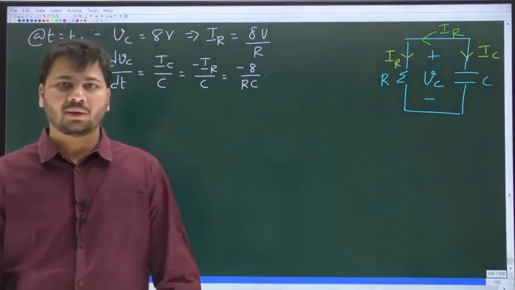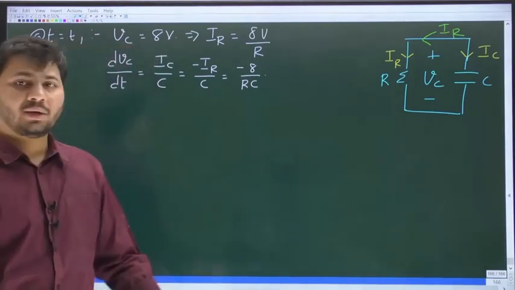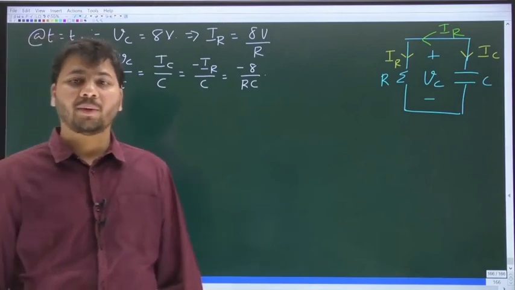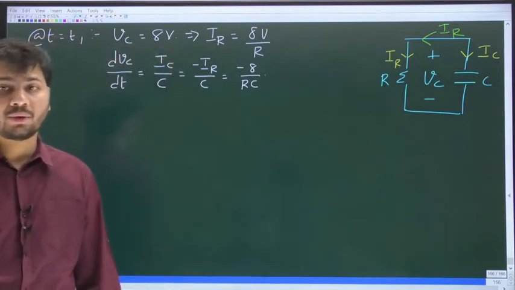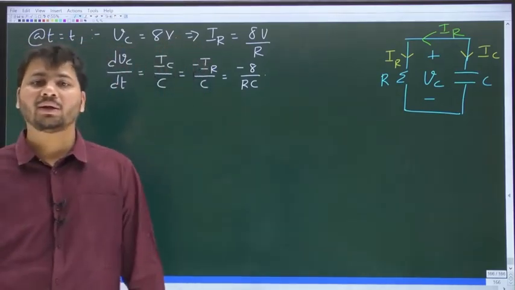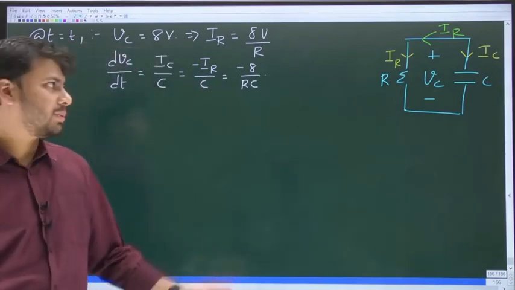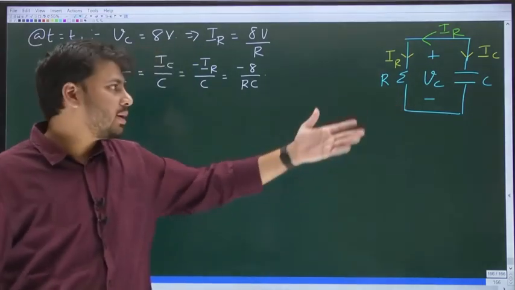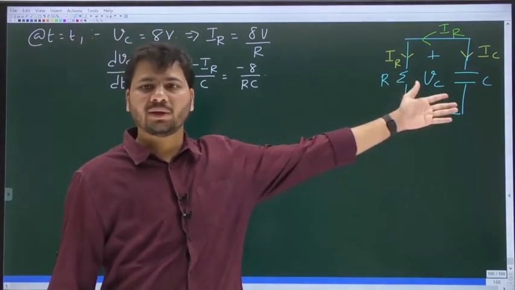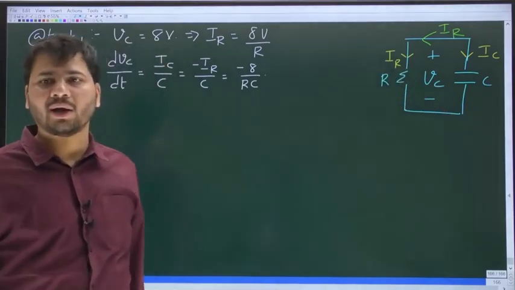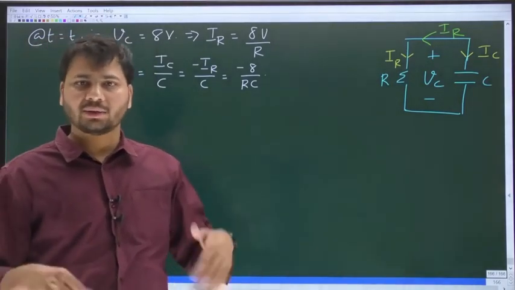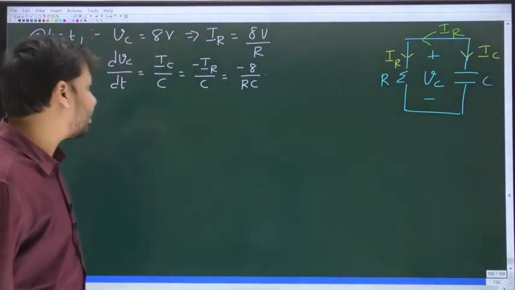Initially the rate of decay is 10 by RC, and now at t equal to t1 the rate of decay has become 8 by RC. From 10 by RC it has reduced to 8 by RC. Clearly the rate of decay is decreasing. It should decrease because the rate of decay directly depends on how much current is drawn by the resistor. Initially when Vc is 10, current drawn by the resistor is 10 by R. Now the current drawn by the same resistor is 8 by R. Current drawn decreases, so even the rate of decay will decrease. Okay, anyway,